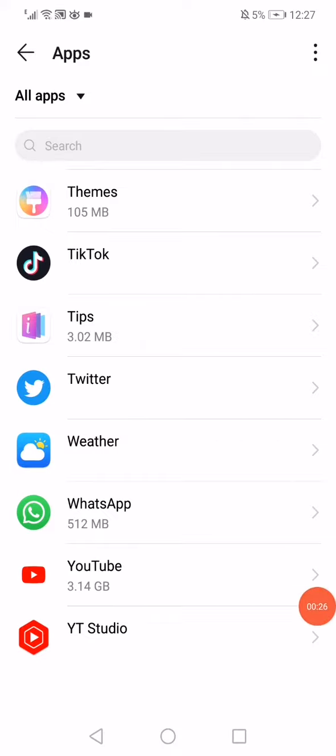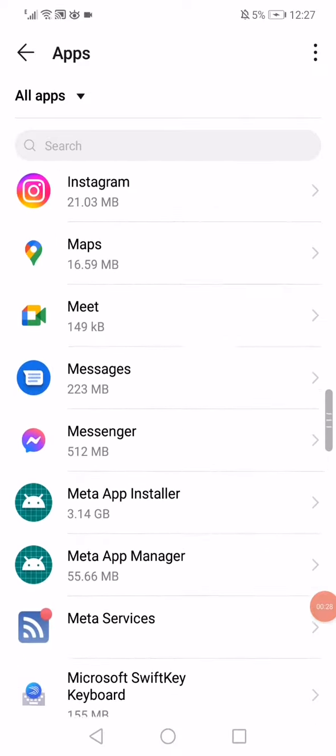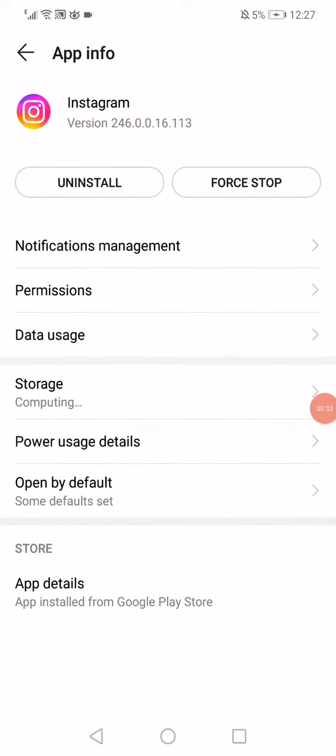Scroll until you find the Instagram app, click on it, and then right here click on this force stop. And after that you have to go back to the home page, open Instagram, and now you have to wait